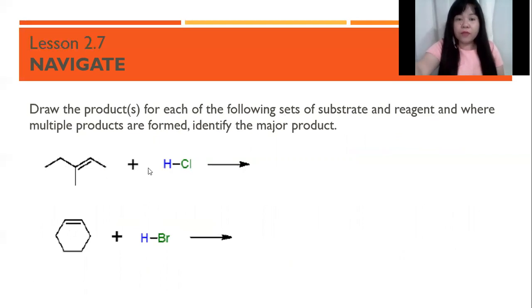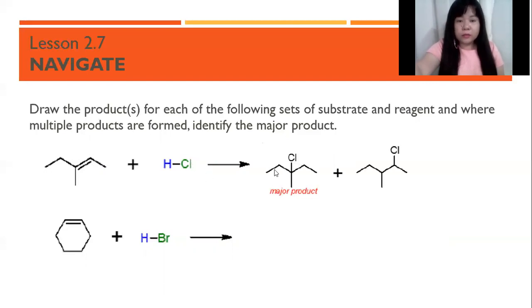Again, following Markovnikov's rule, remember that the electrophilic moiety, or the H+, would attach itself to the less substituted carbon, in this case here, and the chloride would attach itself to the more substituted carbon, in this case that would be here, producing